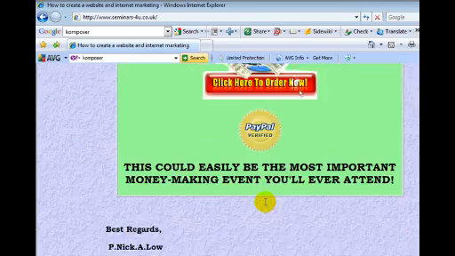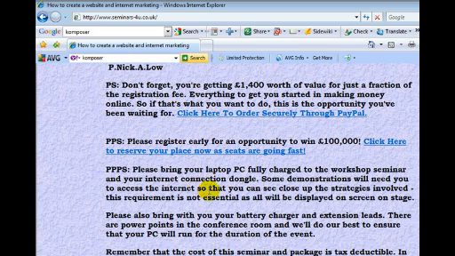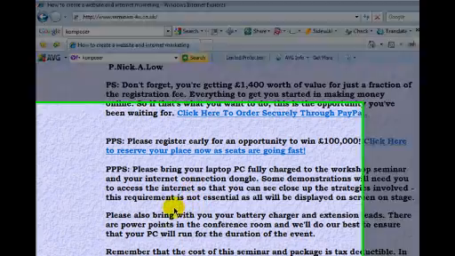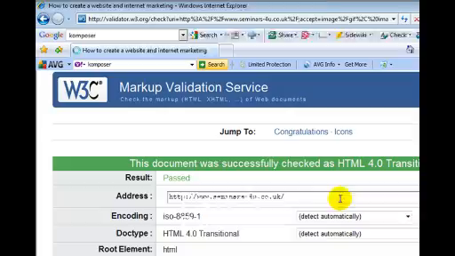Okay. And remembering, you need to put your PSs. These PSs are very, very important in convincing your potential surfer to purchase your product. And after you've done all this, it would be a good idea to actually have it verified with this W3C HTML software. Let me just go there for you. And as you can see,